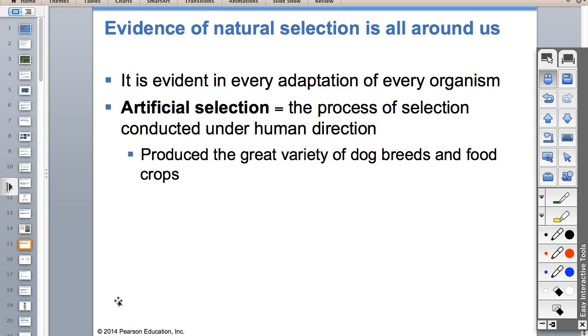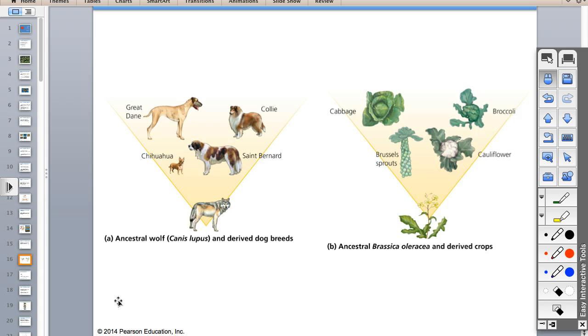Artificial selection, humans are super good at this. What we have done is we've taken something like a wolf, right? And so now you can have a chihuahua or a collie, or what is that one where you put a poodle with something else? A noodle? I'm like, what is that? That's not a, do y'all know what I'm talking about? Yeah, yeah. Okay, so we did that from a wolf. Good job, us. This is artificial selection.